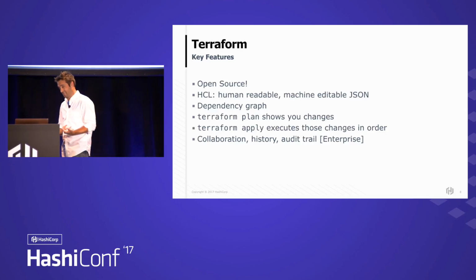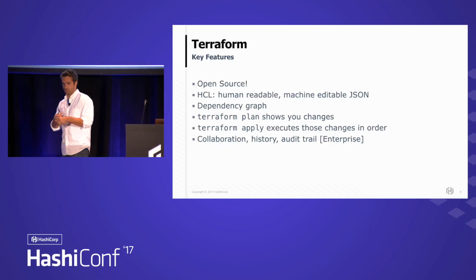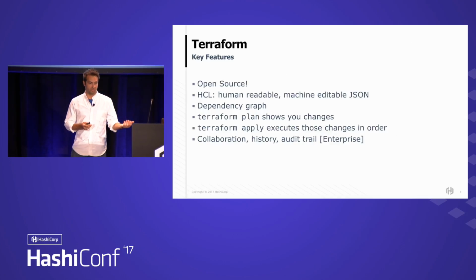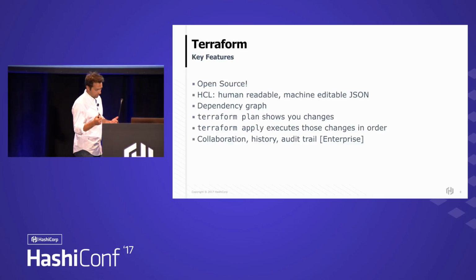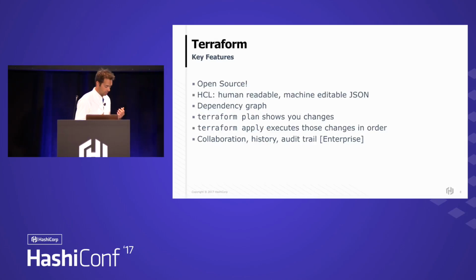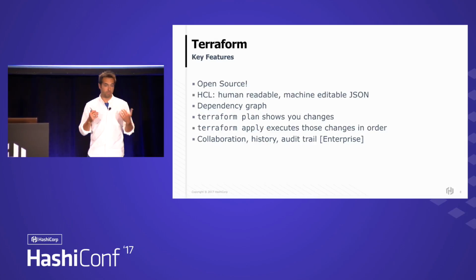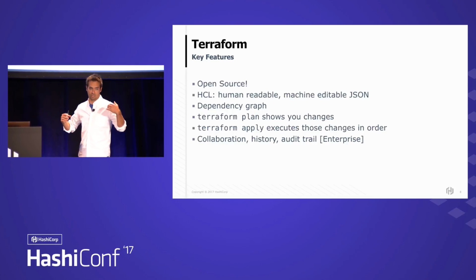Terraform uses a dependency graph, and what that means is it reads your configuration and it constructs a structure, understanding what parts of your configuration need to come first and what parts can come later, and what parts are unrelated, so that when you're creating your infrastructure, it can create the unrelated things in parallel, which will speed up the process. So instead of just going sequentially top-down, it understands that it can fan out and create the unrelated things